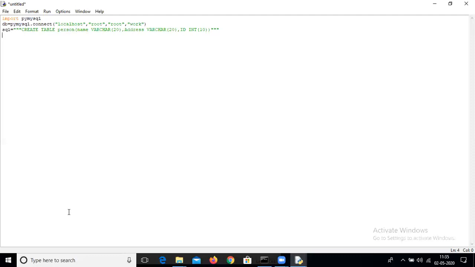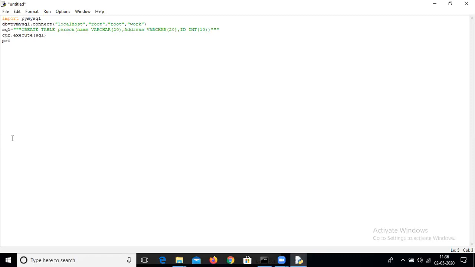The ID can be, suppose, a college ID or office ID or something like a PAN card, whatever you want. It's an ID. Now I have to execute this query. To execute this query, we use cursor.execute. Execute what? Our SQL query. Now the SQL query is executed.